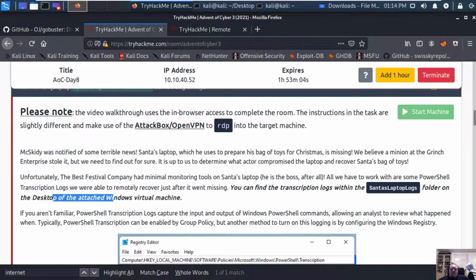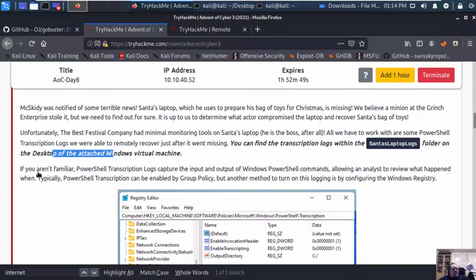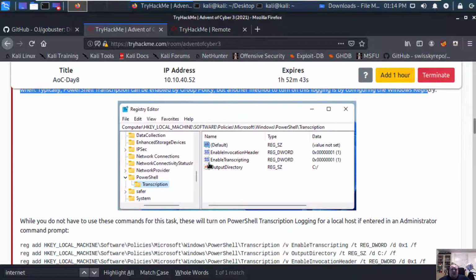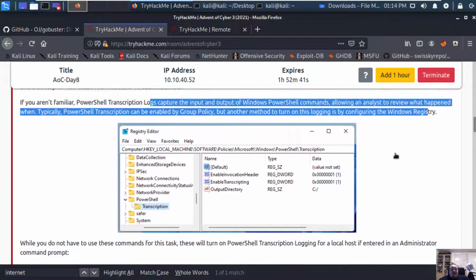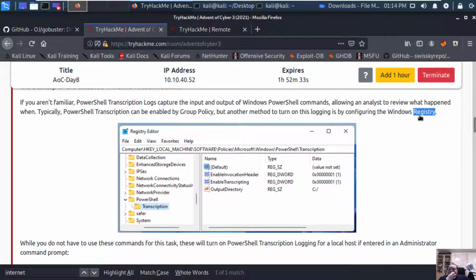I'm going to go back to the window again. Let's continue with this interesting machine. If you aren't familiar with PowerShell Transcription Logs, okay, I'm going to admit it, I am not a PowerShell guy. I'm not really that Windows-ish type of guy either. However, I do know a lot about Windows forensics, so that might even help me a lot